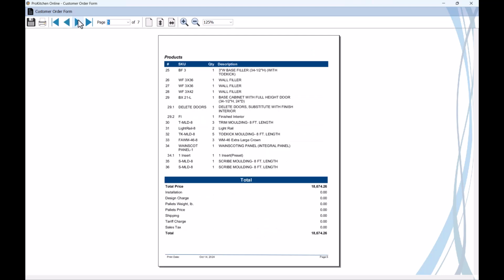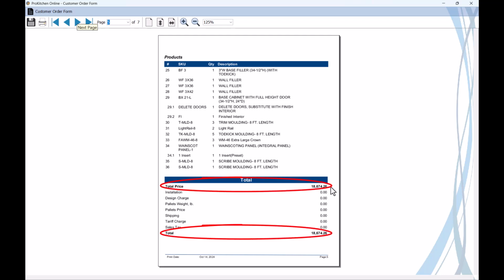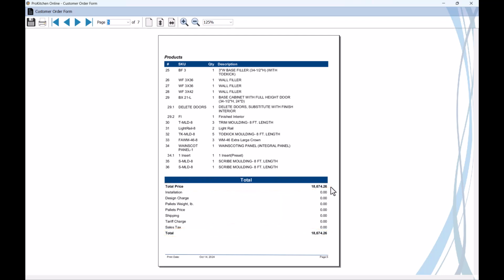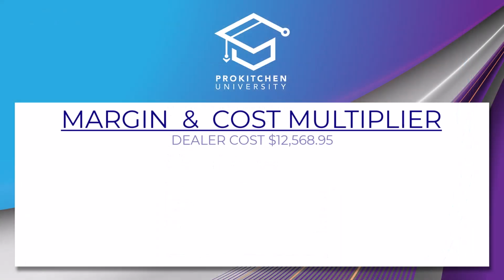Cycle through the customer quote, and see your customer's cost. Let's look at the report generated for this design and check the math on the results. We know our dealer cost was $12,568.95. The profit margin applied was